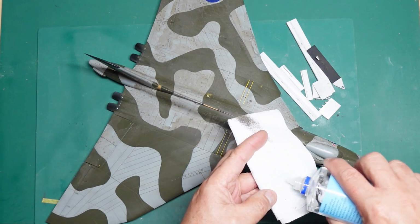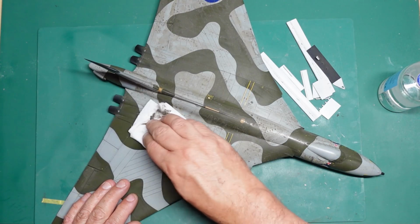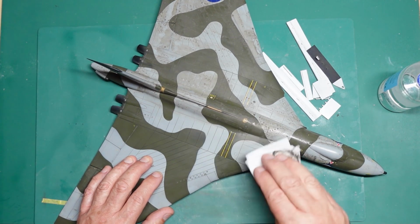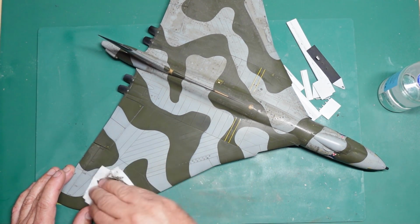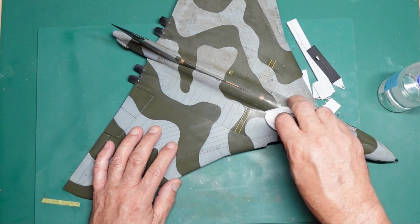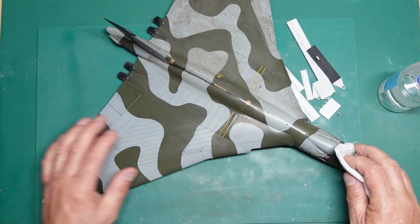So if you slightly dampen the cloth, okay, paper towel should I say, really better off doing this with an old t-shirt material. It means you're not pushing so hard and there's less chance of you damaging anything. You see, this is the trouble with using paper towel, you get these bits coming off. So just go like this, go around, just removing everything that we've put on there. There we go. So as you can see, you get a really good effect and your panel lines all